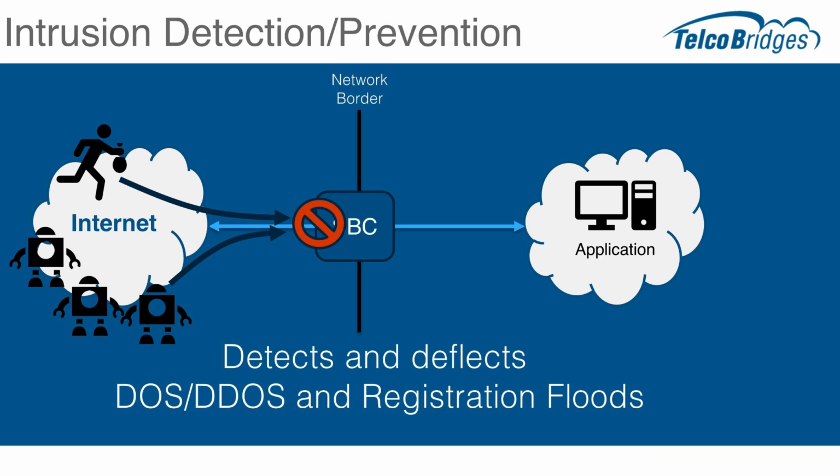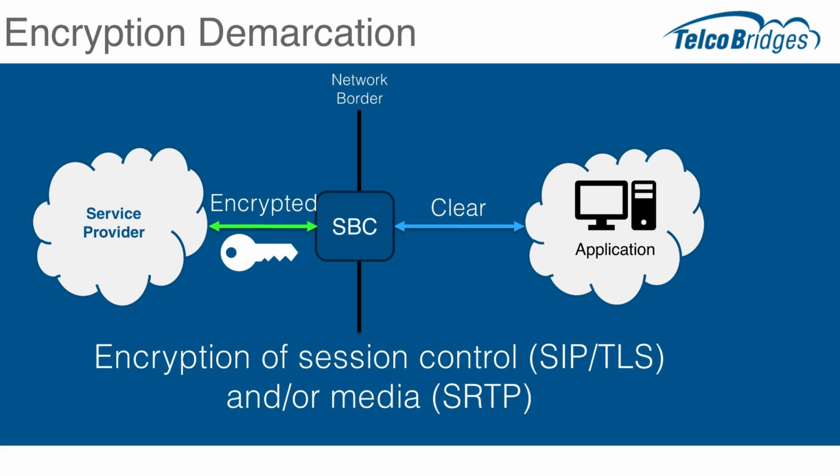Encryption demarcation. This is another area where SBCs play a valuable role. As SIP trunking and other services like WebRTC become more popular, it's becoming much more of interest to have fully encrypted not only the session but also the media out in the public network. No one likes to hear stories of important phone calls being eavesdropped over Wi-Fi, for example. And by encrypting the media stream, you could obviously protect those, but when they get to the edge of